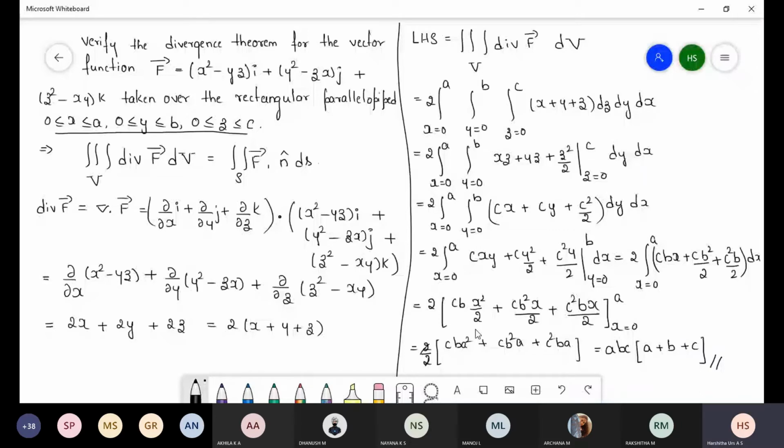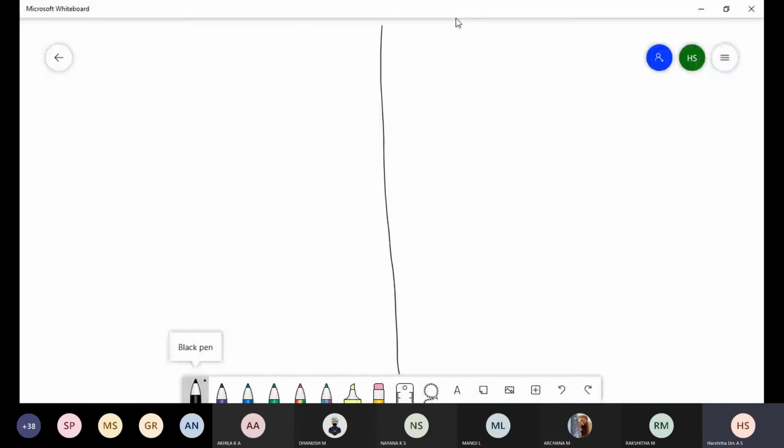Using the divergence theorem, evaluate the double integral over the surface S of vector f dot n cap dS,